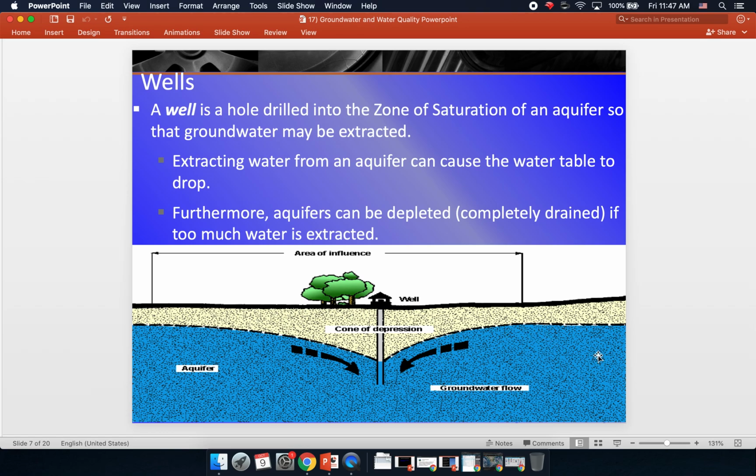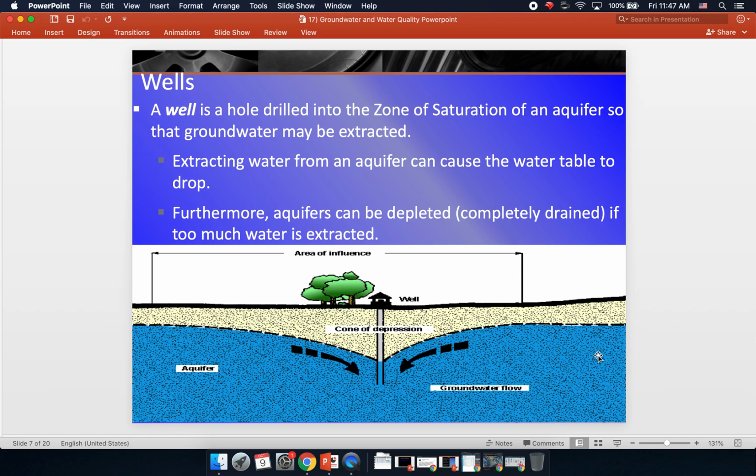All right, furthermore, aquifers can be depleted or completely drained if too much water is extracted in too short a period of time. Generally, as long as they're not damaged, aquifers can be recharged, meaning water can flow back into them. Either precipitation soaks down through the soil and recharges the aquifer, or groundwater percolates in from elsewhere. But if you extract water more quickly than the water can be recharged in an aquifer, it can be completely